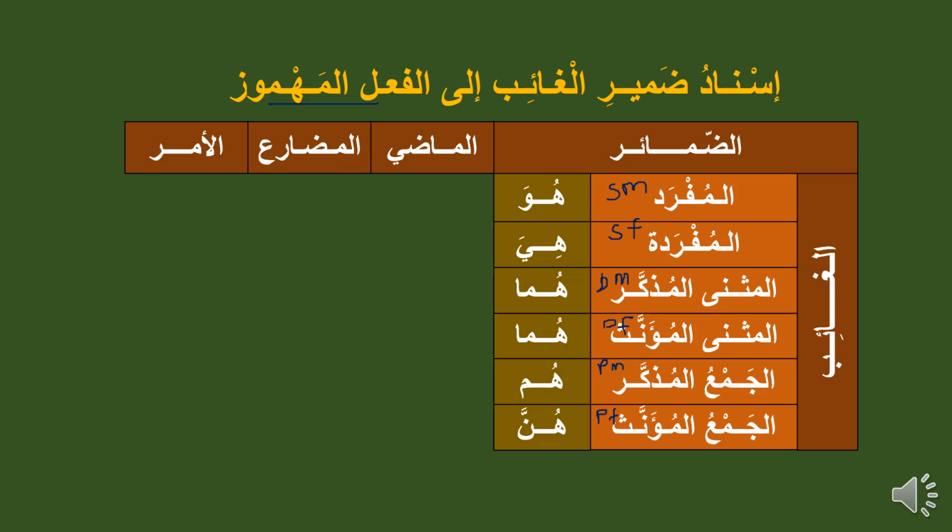In case you want to analyze a pronoun, say you want to analyze huma now. Okay, let's analyze huma. Huma, domirun, is it domir, right? Is it mustatir or barizun? Is it invisible or visible? It's barizun because it's visible. We can see it. Also, huma, is it muttasil or munfasil? Is it attached or detached? Huma is a detached pronoun. So, huma, domirun, barizun, munfasilun,